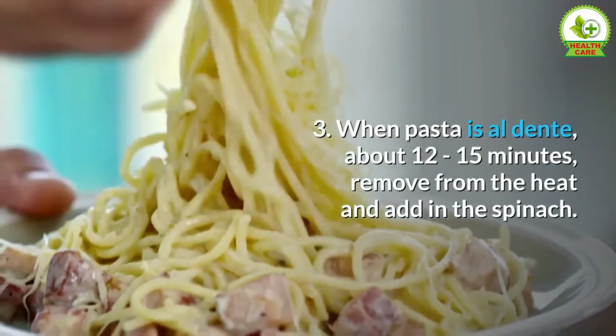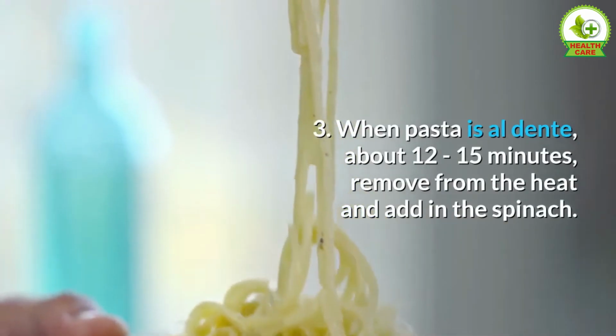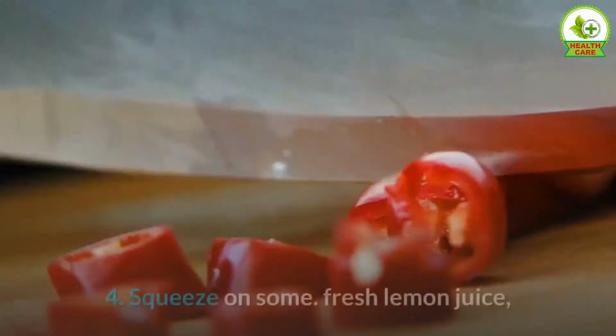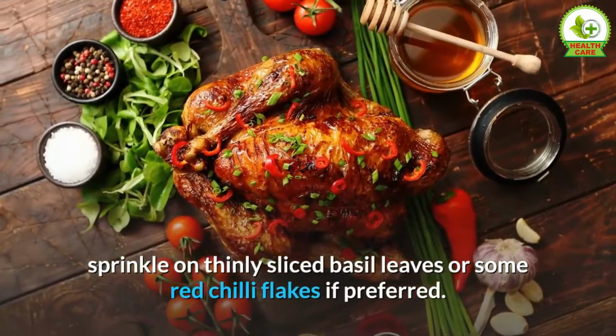3. When pasta is al dente, about 12 to 15 minutes, remove from the heat and add in the spinach. Stir to combine. 4. Squeeze on some fresh lemon juice, sprinkle on thinly sliced basil leaves or some red chili